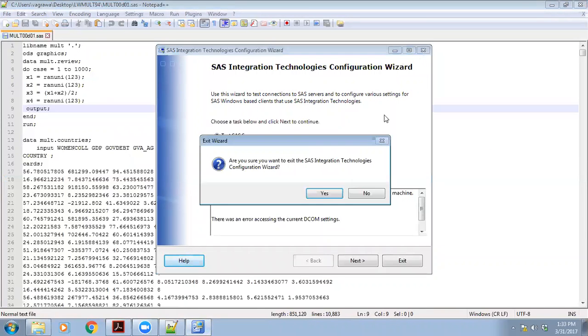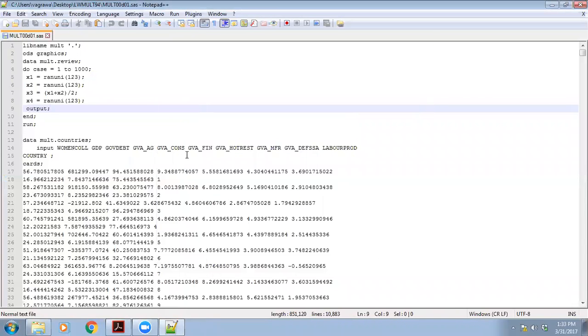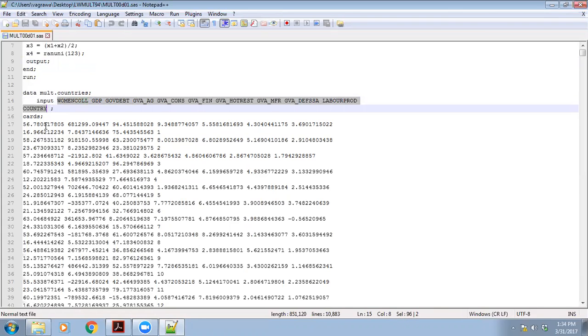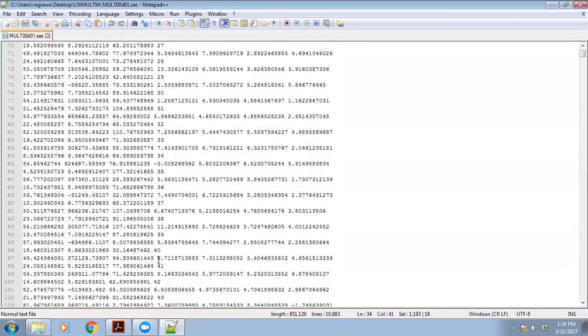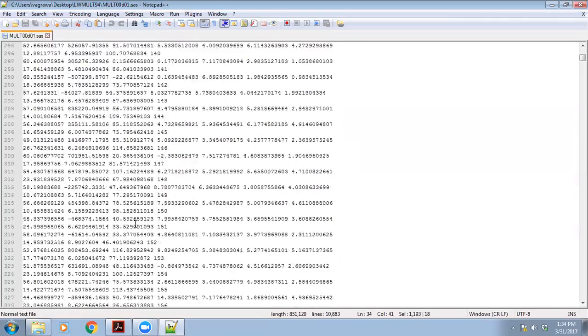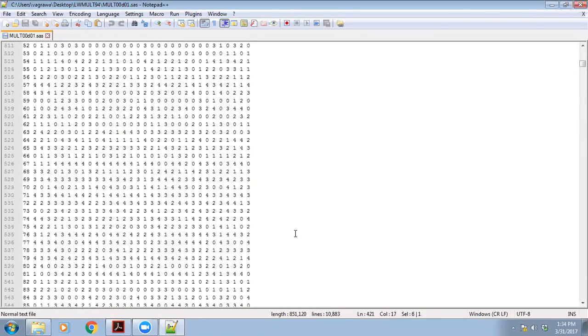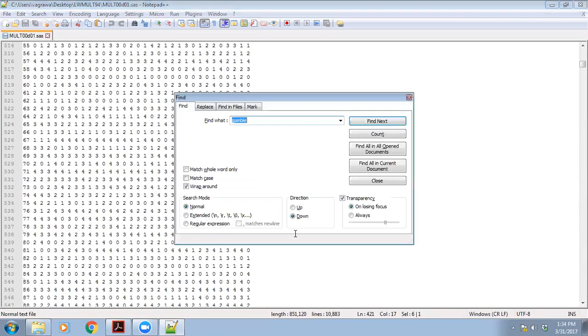I'm not gonna open this one here, but it's looking for that mult libname or directory, which is not available. I guess it's looking over the cloud. Nevertheless, if you look carefully, the code is very simple here. This is the countries data set, and it has this many variables and values for those variables. There are a lot of values here, but this is the second one, the gamble data set. Likewise, if I search for pollution,